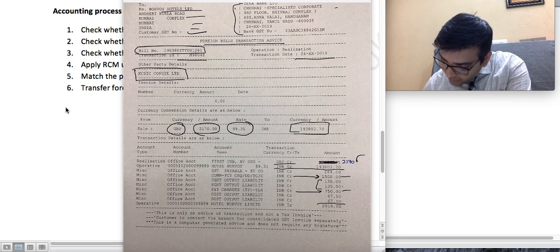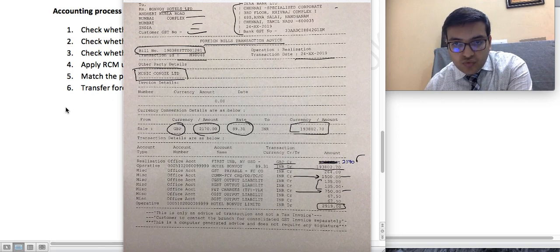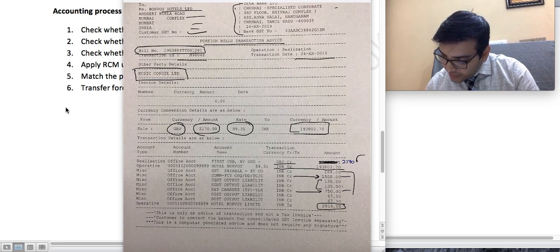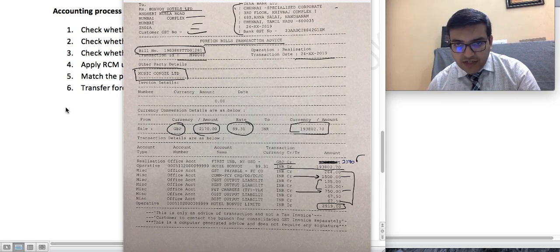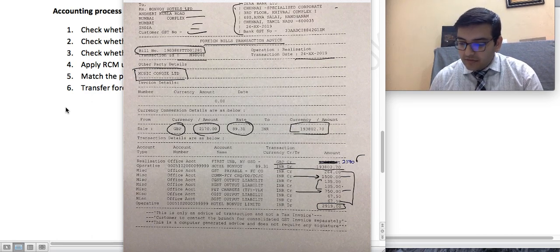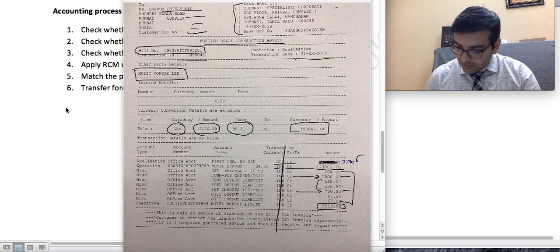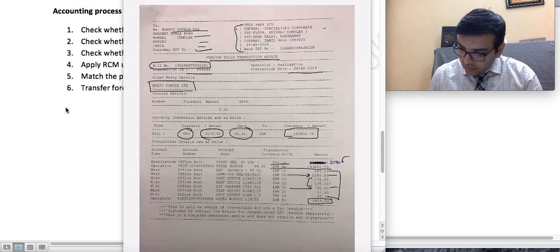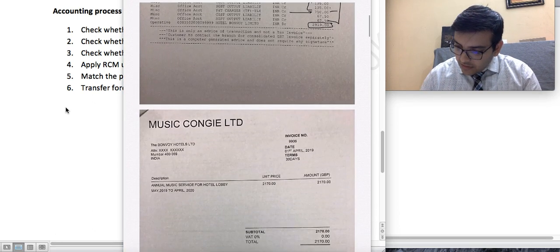The total of all these bank charges and everything comes to 2919. Of all of these, from 264 here to here, this is 2919. So don't get confused. This is the total they have given. All of this is the payment advice. Moving on to the next document we have.